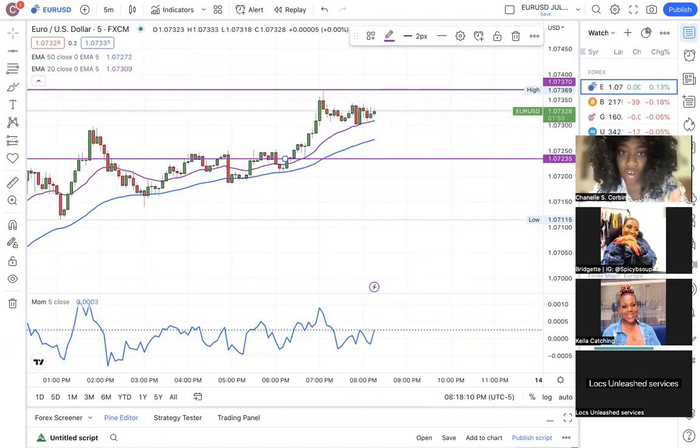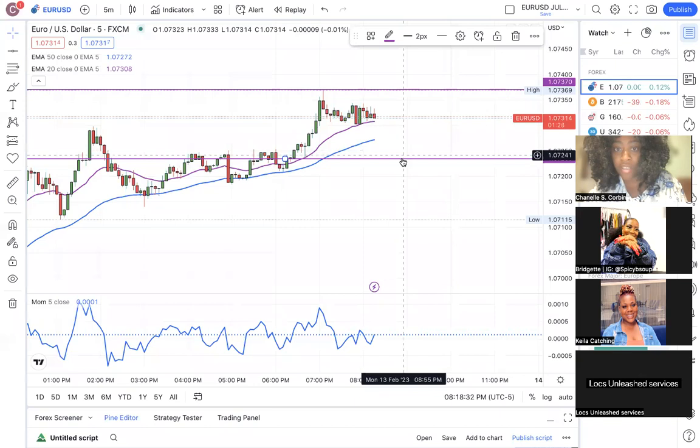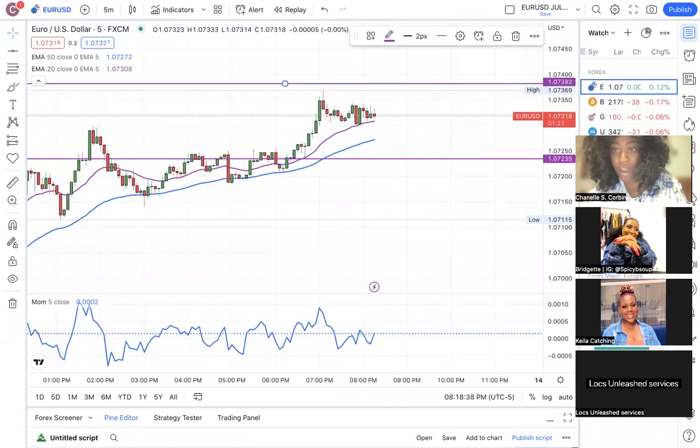So the pending order I would take for this trade, right? It would potentially be, and this is potential, you don't have to take this trade, but I will take it in my demo so we can see if what we're learning is correct. I will set my pending order at 1.07235, and this will be a buy limit order, because we're expecting the market to touch that point, and then we are expecting it after it comes back down first. We do expect it to go back up and then to break the bigger structure and create a new high. So we could potentially set our TP at